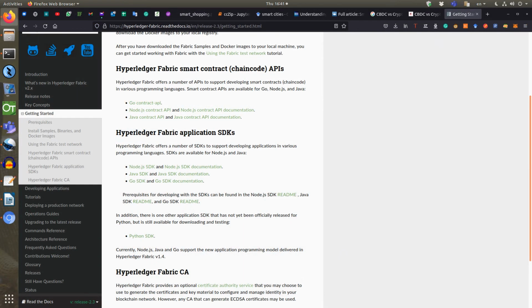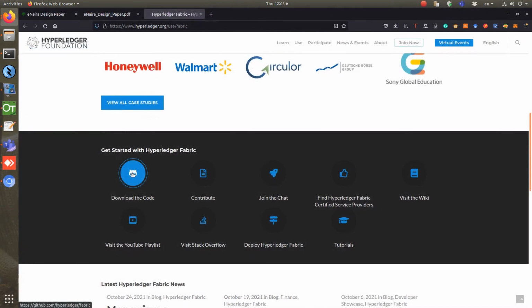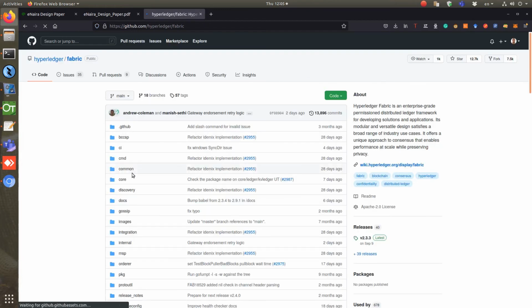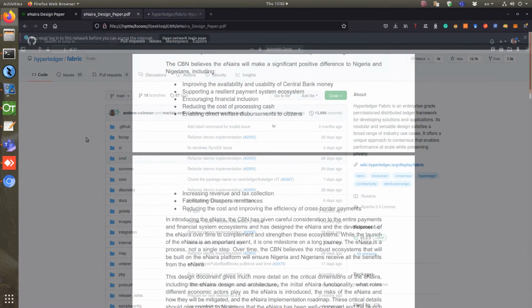The framework consists of Node.js SDK, Java SDK, and Go SDK. They are in the process of releasing a Python SDK too. The code is totally free. You can download and test it and see what it does. I do believe